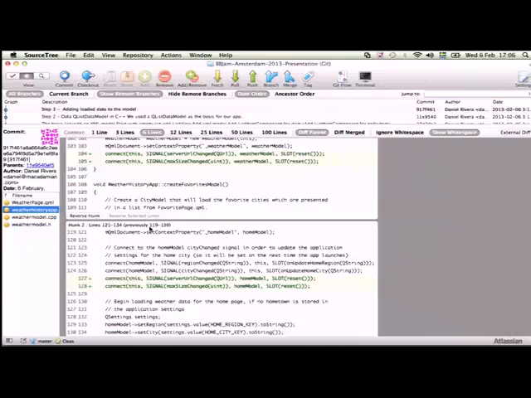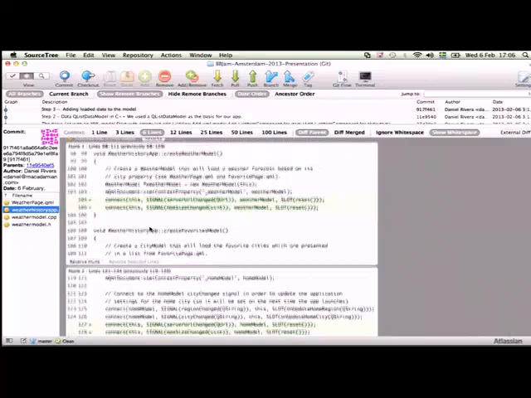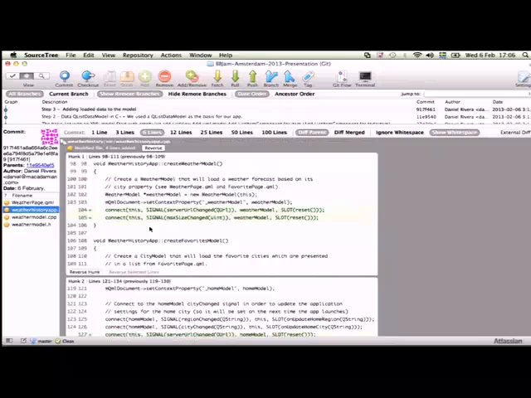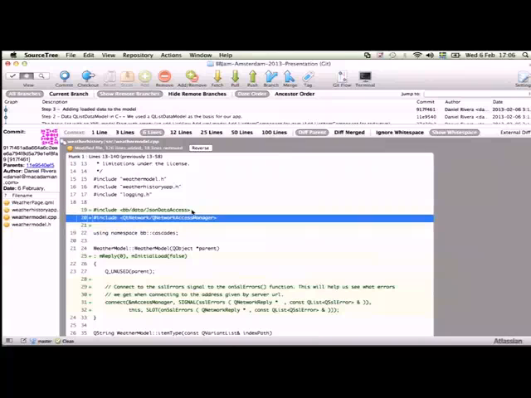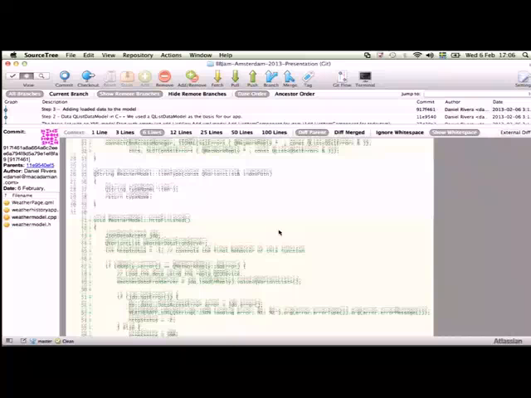And we connect some signals here. This is just if we get a reset, we want to reset the data model. Not so important in this case. Let's go here. So in the weather model, we added a JSON data access, as you see from the includes here, and the Q Network Access Manager. If we scroll further down,